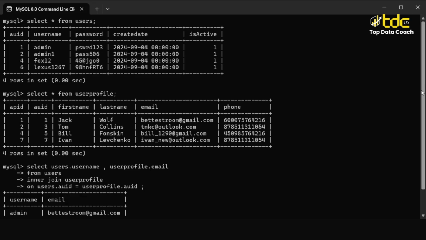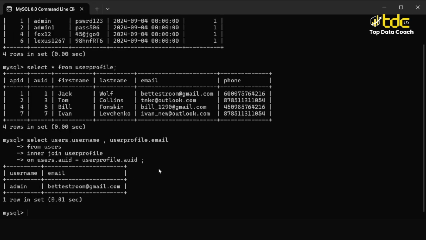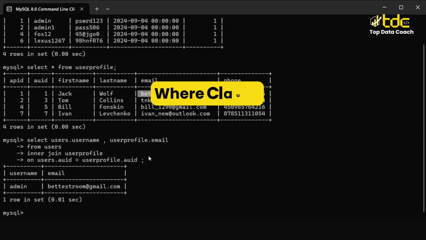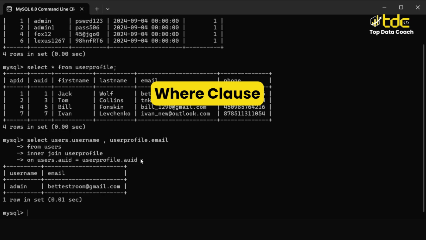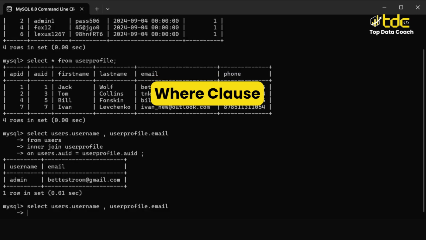Now here I have only fetched the column which are common, but some of you might have caught it that based on my situation I have to find out the email ID for the given user. So in that case I have to add the where clause after this on. Okay, so now let's do it. I'm selecting the same field